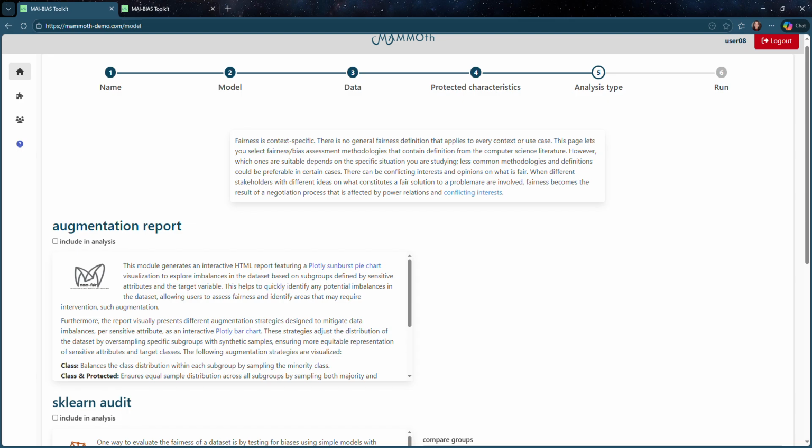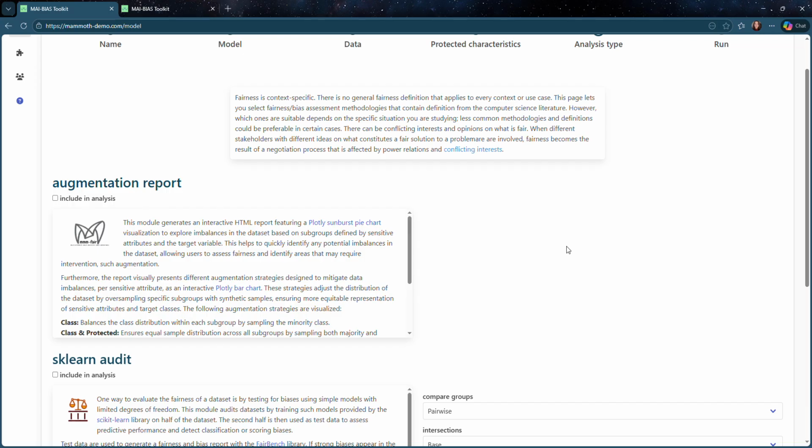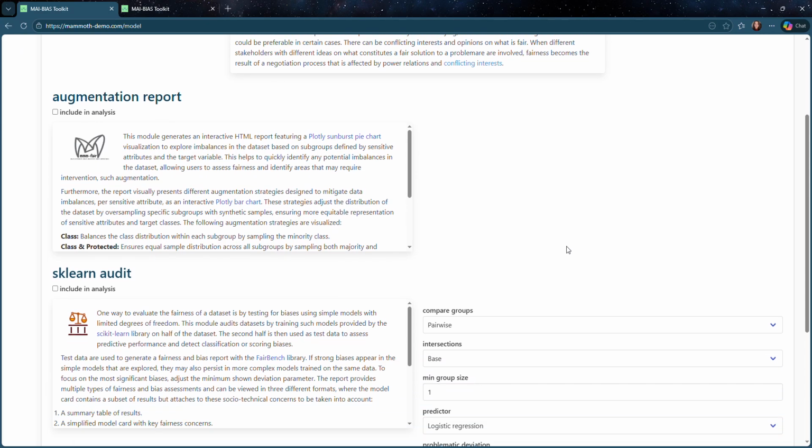After that, we are landing on the next page where we are able to select the type of analysis to perform on the dataset. Currently, we have two available modules. The first one is the augmentation report, a module that helps us identify imbalances in the dataset across the selected groups.